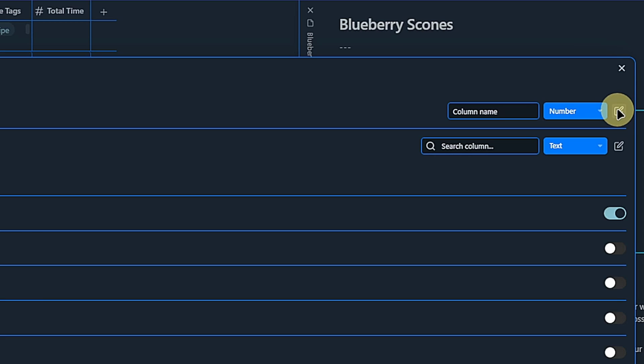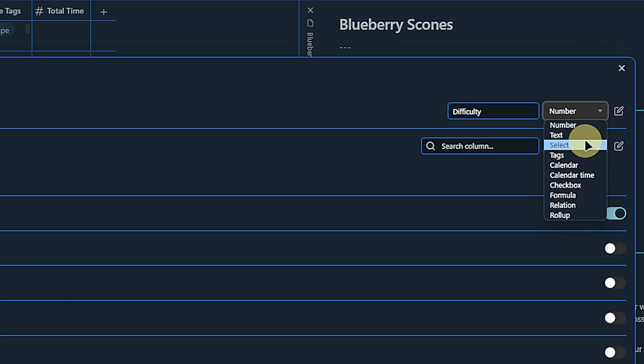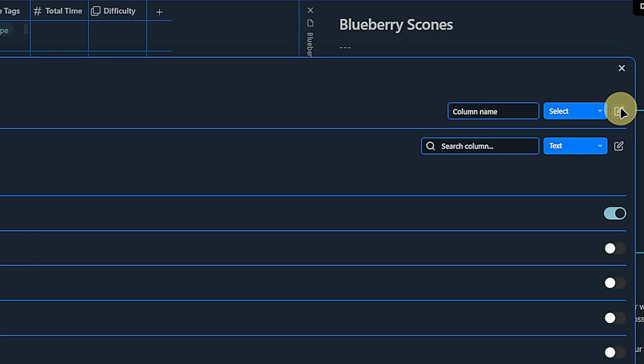As soon as I confirm the column creation, you can see that it shows up in the database table, but nothing happens to the recipe's front meta. That's okay. Next, I want to keep track of how hard any dish is to prepare. So I add a column difficulty and choose the select format for it. This allows me to define a set of values from which I can select, hence the name, the appropriate one